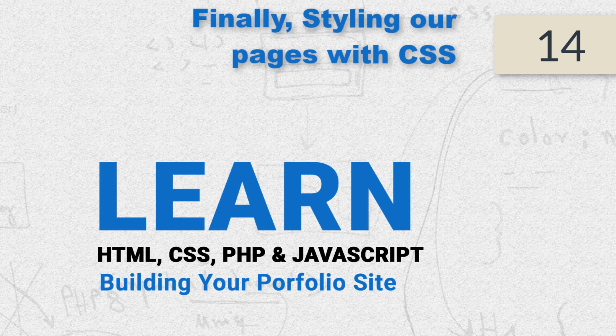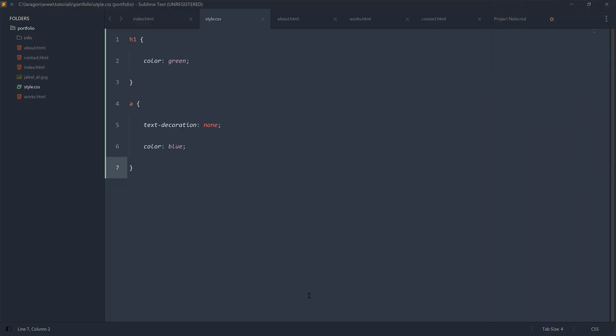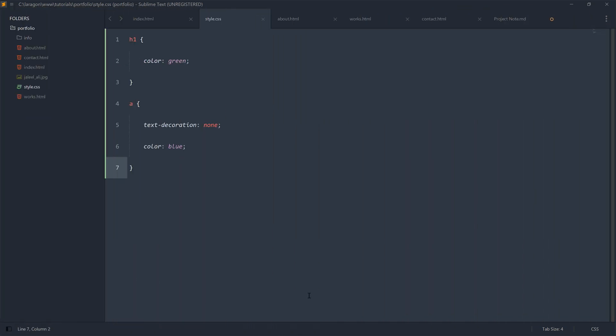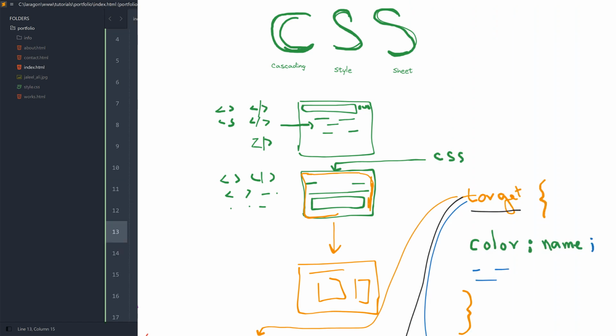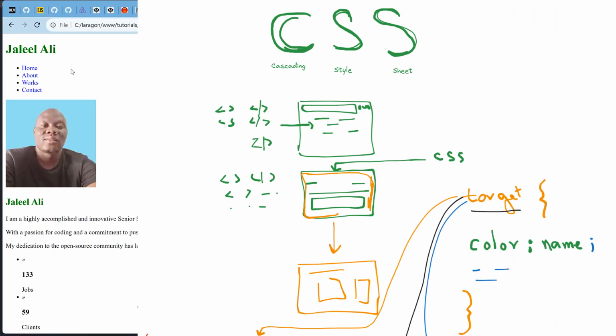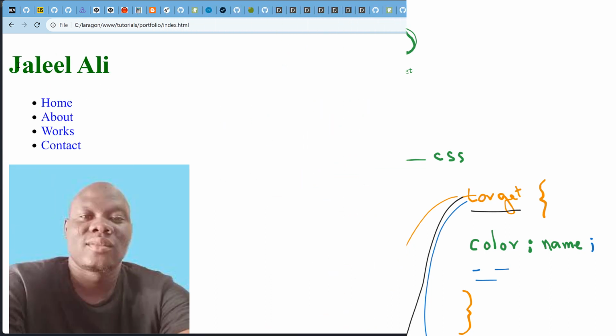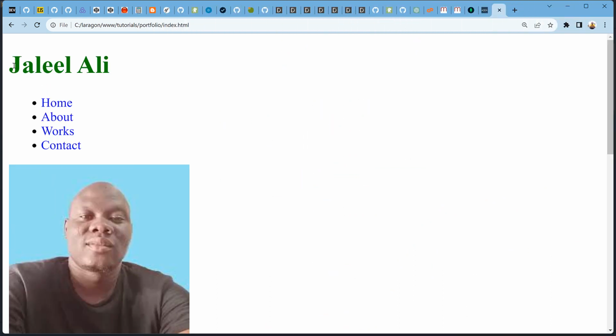Here we're going to start styling our web pages. Finally, we're going to have that beautiful page we've been waiting for. As we said in the previous video, we are going to use CSS to make that happen. We had a glimpse of what CSS is and how it affects our pages. So we applied some small styles to see how it looks, and particularly we colored our heading, which is